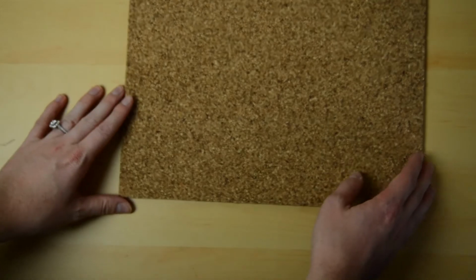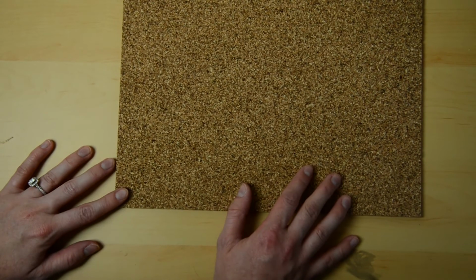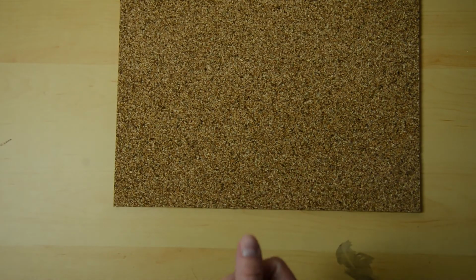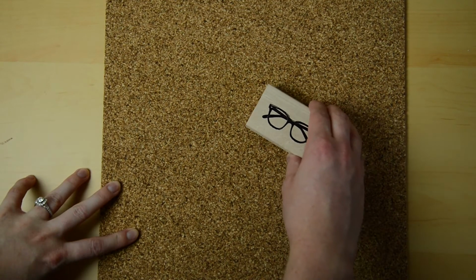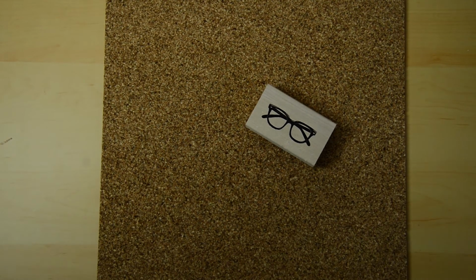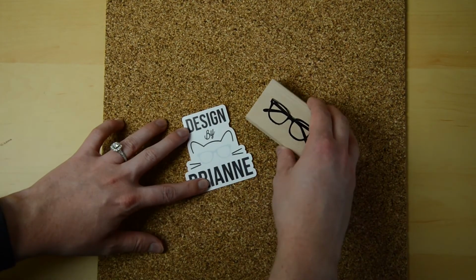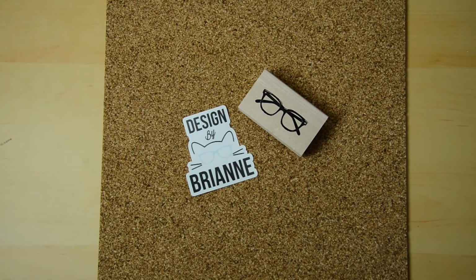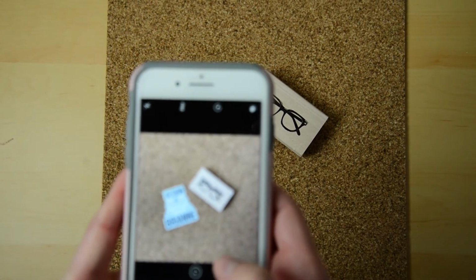Okay, so this one we're gonna do a textured background because I want to show you guys how that works. So textures are great. They can give your page some depth and dimension and just create a better look overall. We're gonna go ahead and use this texture, and we're gonna use our little glasses stamp. And let's pair it with one of my stickers. We want to make sure that our brand is being represented and it's consistent with our look that we're going for on our Instagram. So now I'm going to get my phone out, get my picture ready,